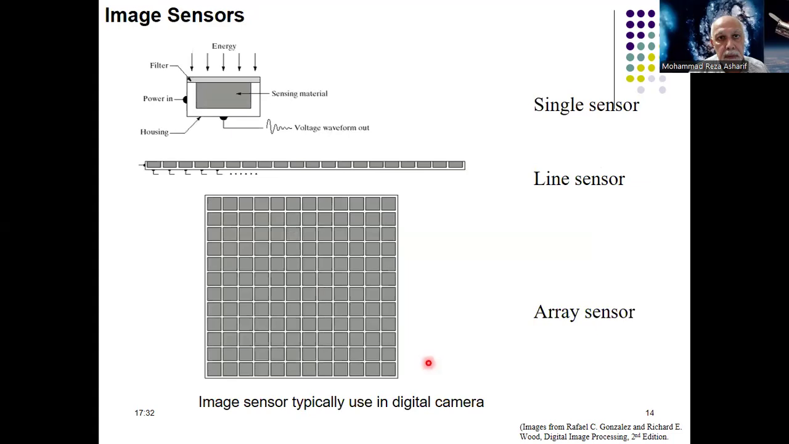I will stop here. I think it is better to stop this lecture number 4, and next time we go to the single sensor, line sensor, and array sensor, the digital image sensors typically used in a digital camera. In a digital camera, you see the number of sensor cells is much bigger than in the actual human eye. So light is here,